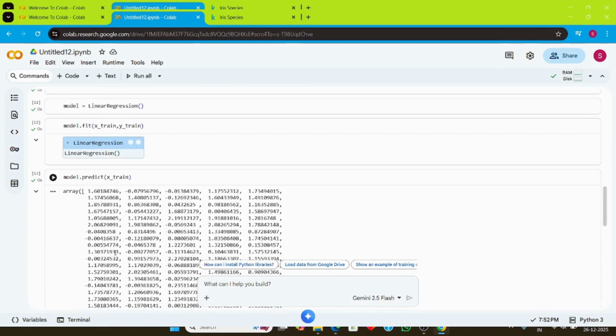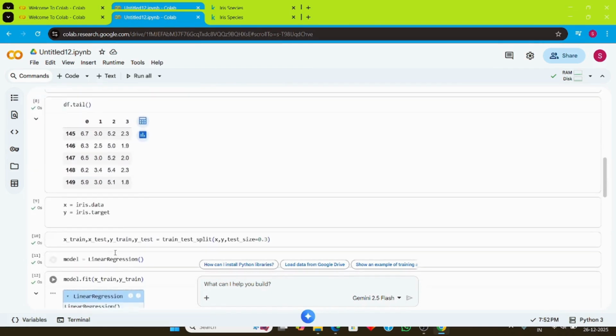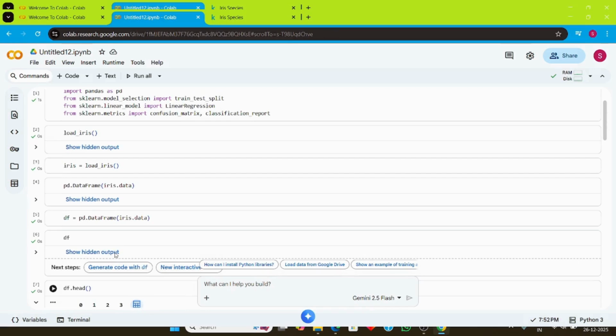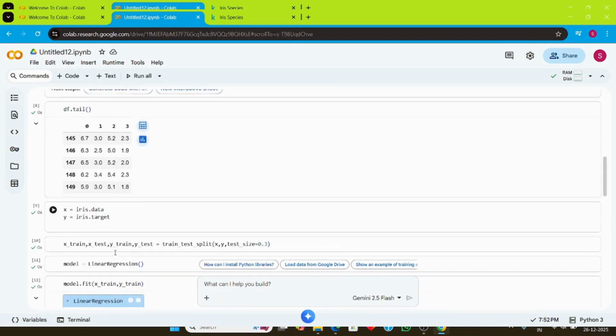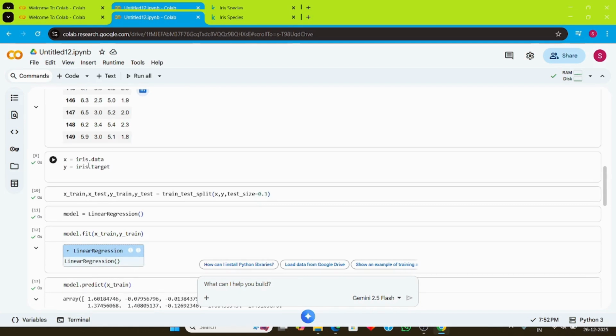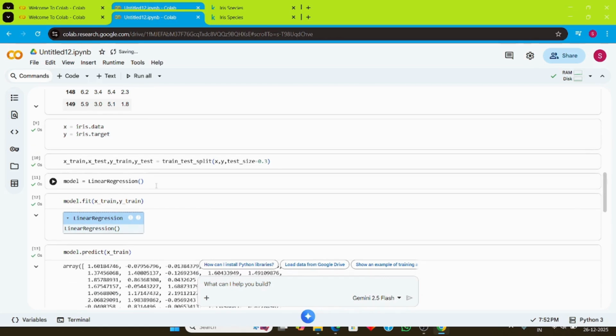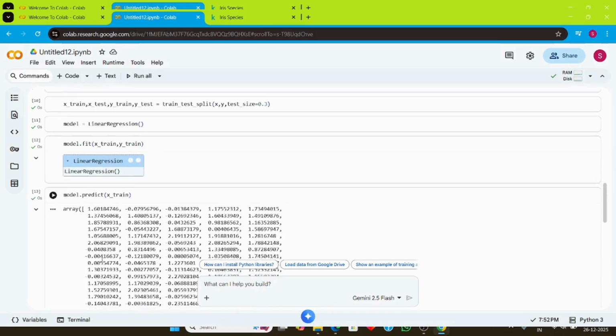Here we get how the model has been trained and tested, with the target data set, and we took a ratio of 70/30 or something like that. Then here the linear regression we have given, again we